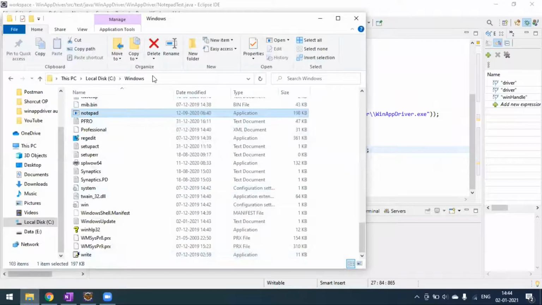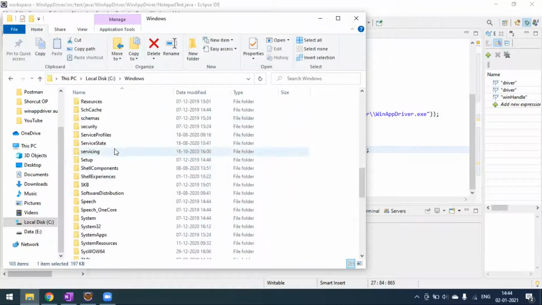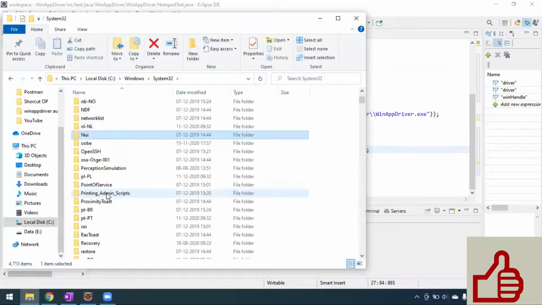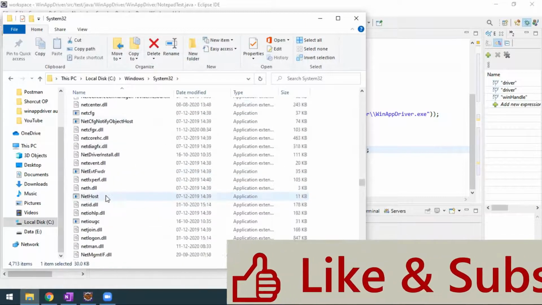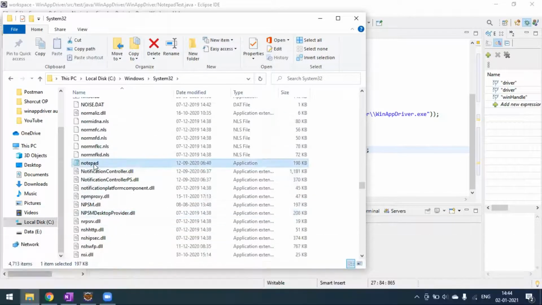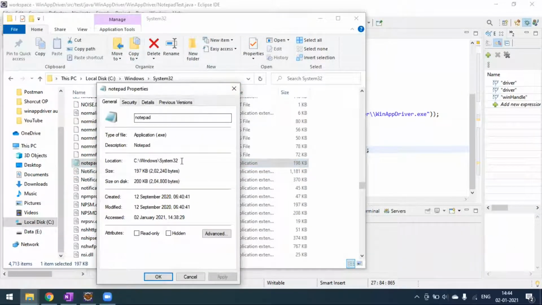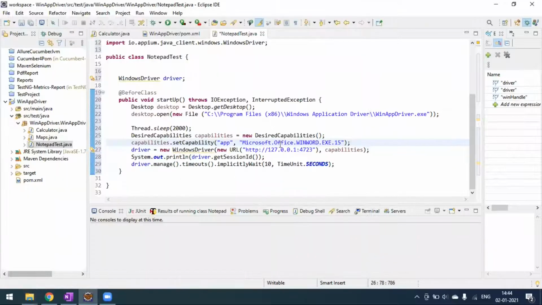You can see here, this is a file path. You can go to your Windows, under System32. You can see this one, notepad. So you have to go to System32, and under System32 you can come to the notepad option. Yes, so this is Notepad. This is the exe file path for launching your Notepad application. So I will copy this file path and pass it over here. I will remove this app ID. Okay, notepad.exe.